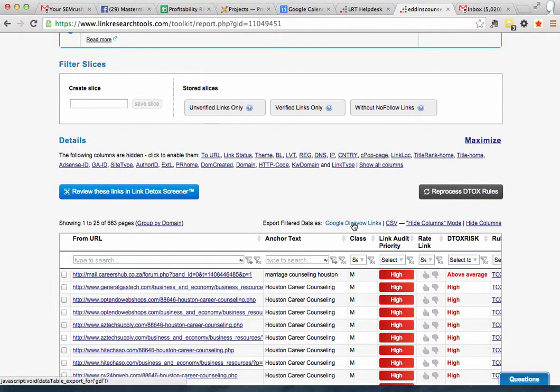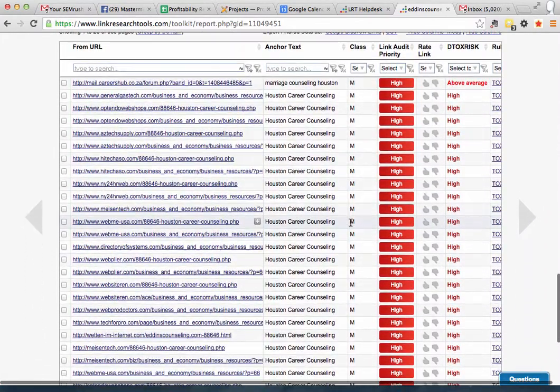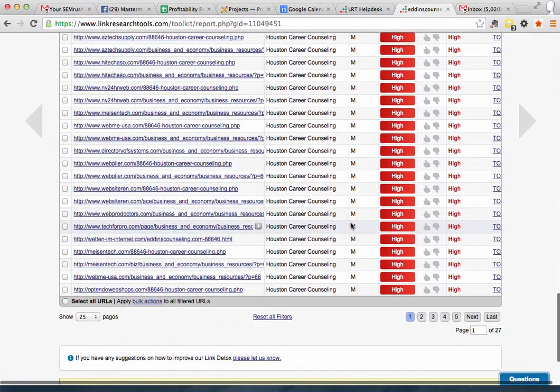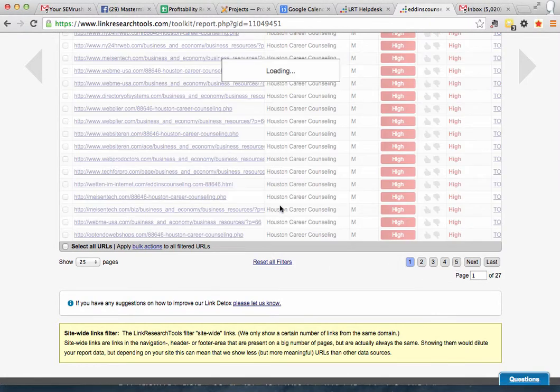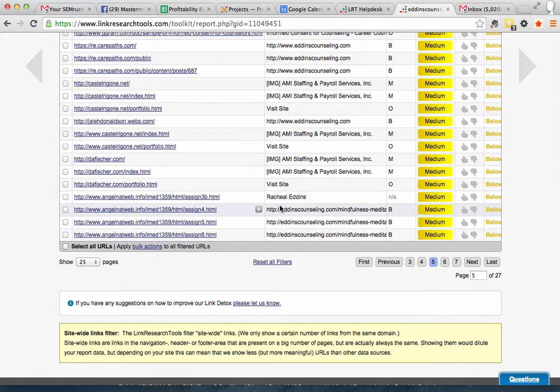We can export the data in this format. And even after we export it, we're going to be able to go in and take certain links out of the disavow file that we think are good, if she has certain links that are still good. Okay. I imagine if we sorted these by